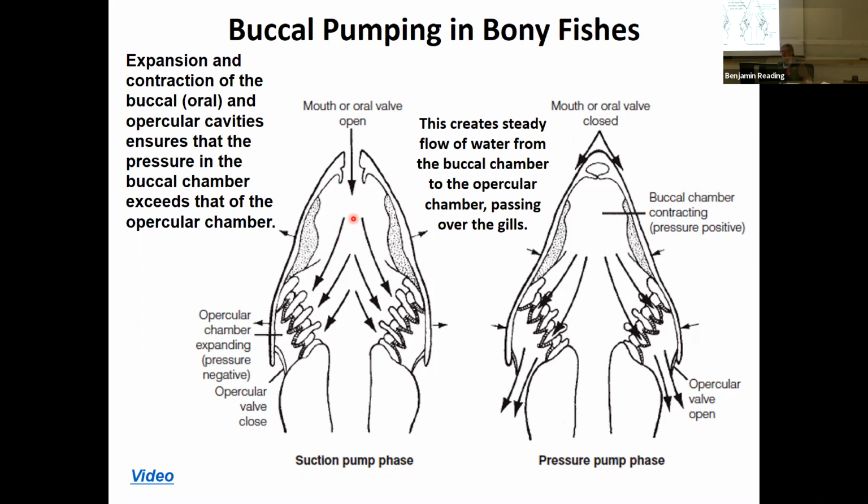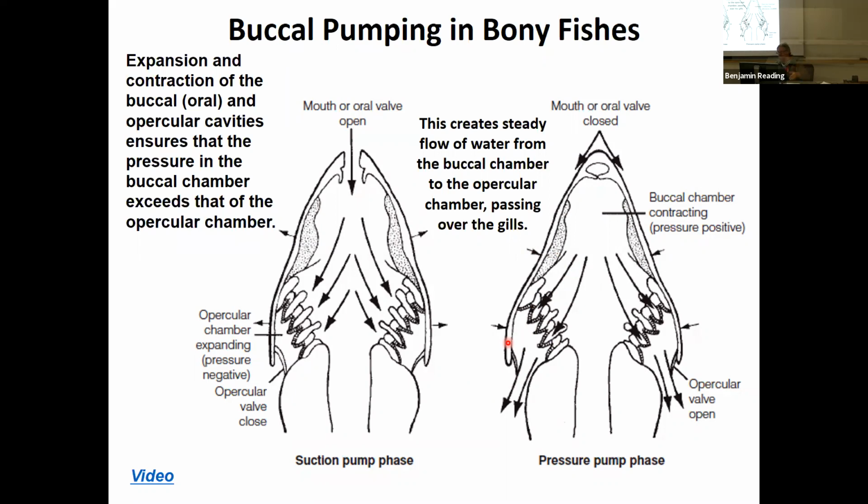Kind of like you inhale air, but you're not really doing this. You sort of just gently inhale. And then the mouth closes, and the water that is then contained here in the buccal chamber is passed into the opercular chamber by contracting this buccal chamber. This then forces the water over the gills, which are shown here, and the opercular chamber, and then that water passes out through the operculum here, or the excurrent siphon in the case of some of the more derived bony